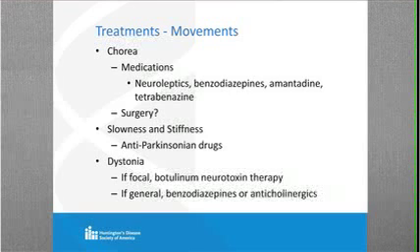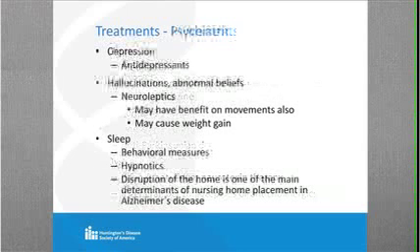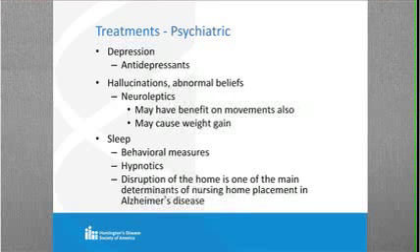And benzodiazepines or anticholinergics can also help if it's a bit more widespread or segmental. In terms of overall thinking of treating a psychiatric aspect of Huntington's disease, for depression we use the antidepressants, and there are various classes of antidepressants that have been studied to a small degree in Huntington's disease. Hallucinations and delusions, we typically can use neuroleptics in those cases, and that can have some benefit on the movements